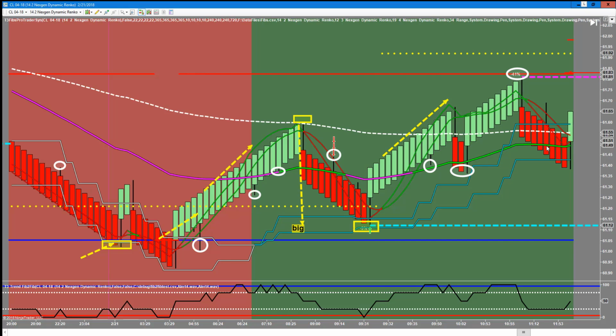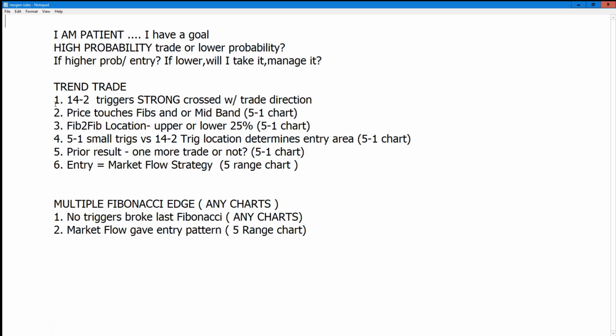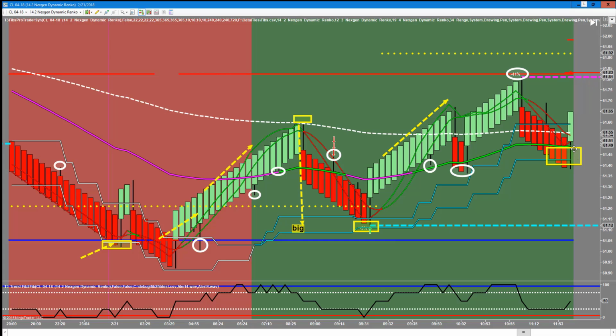Now, this is our trend trade rules, isn't it? So if we have a trend trade look on our 14-2 chart, and again, it has to be a really good trend trade look, what are the rules? Synthetic triggers crossed up, price touches fibs and midbands, fib to fib oscillator. Still the same rules, just a bigger chart. So this is a trend trade long look